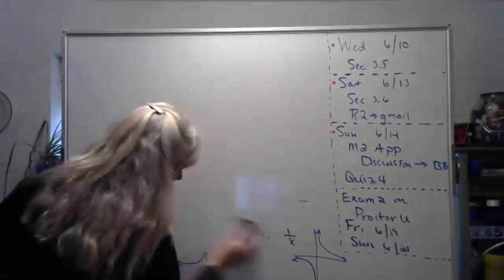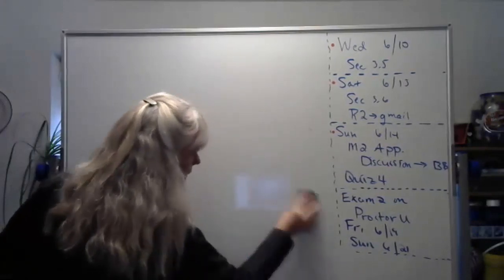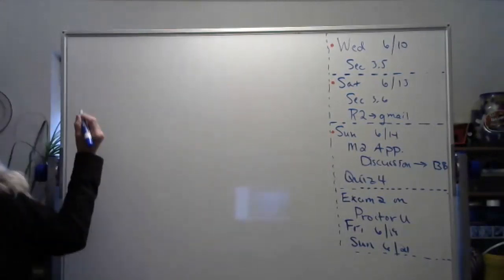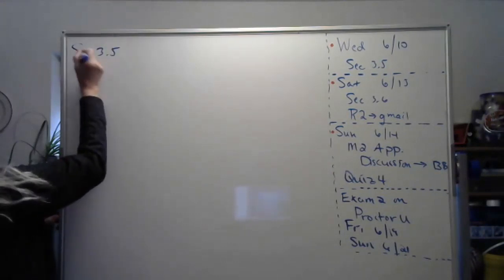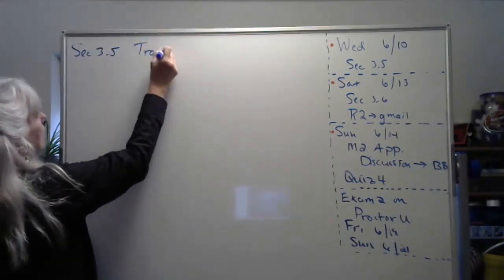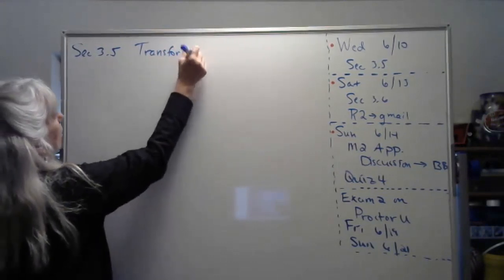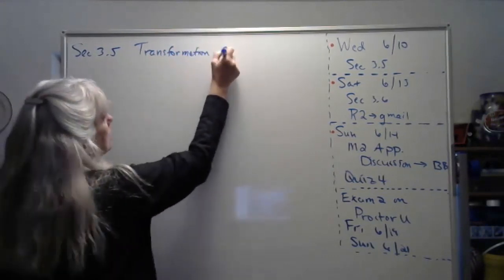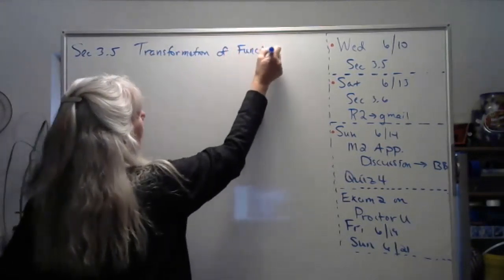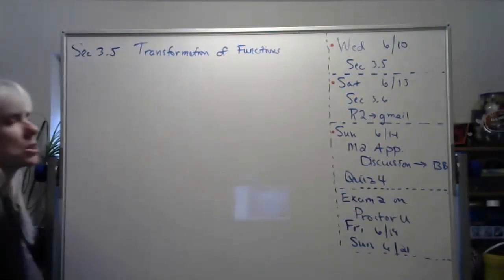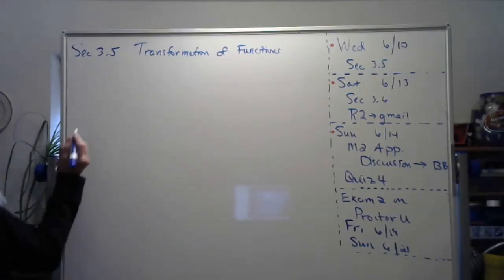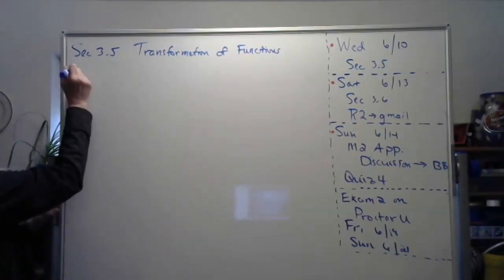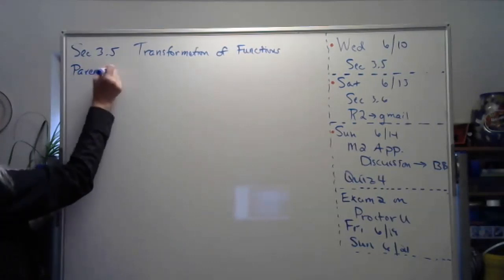So today what we're going to do is take these toolbox functions and shift them. So section 3.5 is the transformation of functions. And every time I do this section, I've got the theme from the Transformers in the back of my mind because we're transforming things. So what we're going to do is use as our base function, or our parent function,